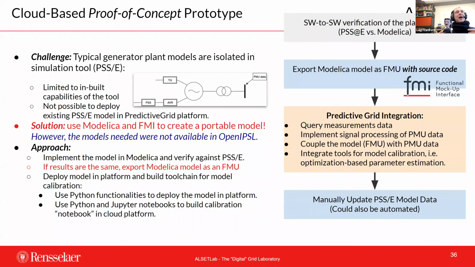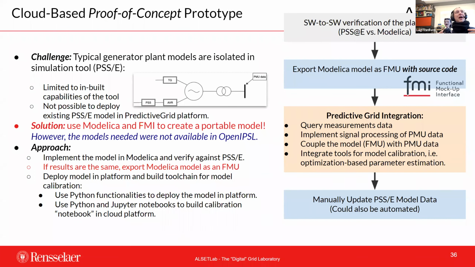So Dominion is the utility. They don't own all of the PV stations, but we could actually use an estimator to look inside of the controller of the PV to see what it's doing. So that's one of the ideas. So we basically create the models, as I showed you before, export them as an FMU, and calibrate them.